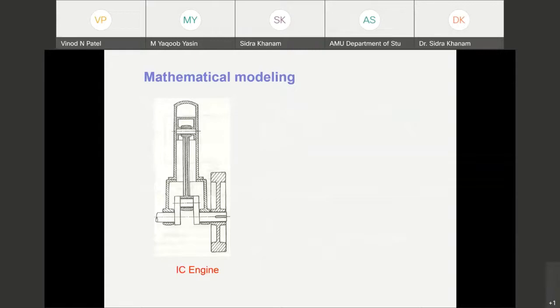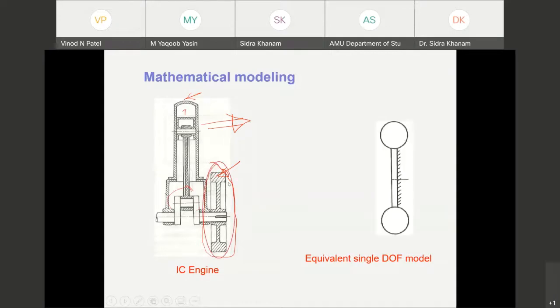As a simple example, suppose there is an IC engine like this. Here, this is the flywheel of the engine. This is a cylinder, this is the piston moving inside the cylinder, and this is the crank that is connected with the flywheel. Suppose I want to find a simple mathematical model of this; we can take it this way. We will consider that this flywheel is a rigid component and a heavy mass, so we are assuming there is no movement of it. So we can consider it as a rigid part.